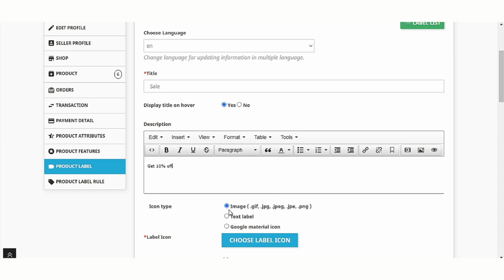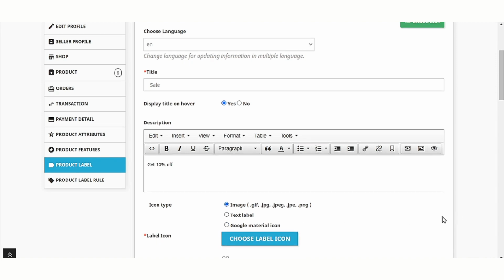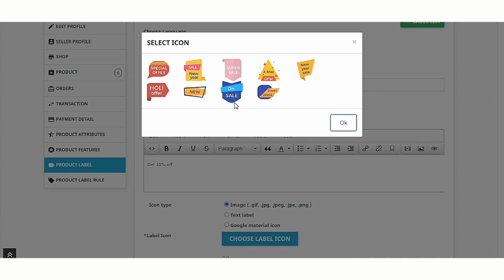From here, a seller can select the type of label. Seller can choose to add image, text, or Google material icon for the label. Click here to select icon for the label.